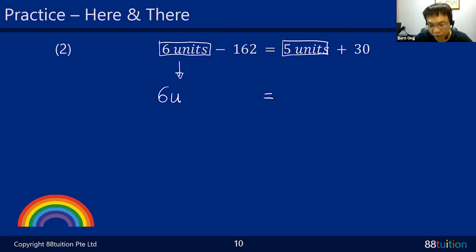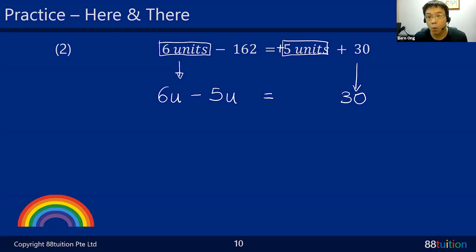In front of the 5 units, do you see anything? Nothing. So it means nothing is always a plus. So the plus belongs to the 5. You want to bring all the units to the other side. So plus 5 brought across becomes minus 5. Yes, Chloe, you're right. And who is left down here? 30 is left. Then don't disturb the 30. Remember, you're supposed to do a bit of grouping. Grouping means bring all the units to one side, and bring all the numbers to the other side.